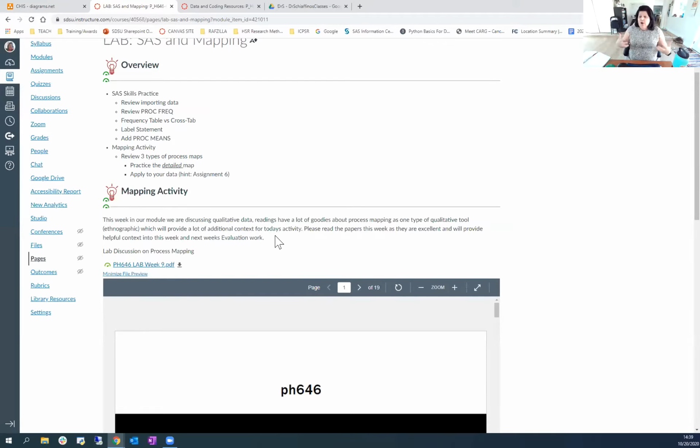And overall, I hope that the message you get as you review the qualitative module is that it is such an important element of the work that you do, because it's very easy to focus on becoming a great SAS programmer, becoming a great table maker, and just cranking out crosstabs, but you cannot lose the context and the fact that every number in there is a person, or every number in there is a hospital trying to survive. And so this is why I really like not just the qualitative methods elements, but specifically mapping,